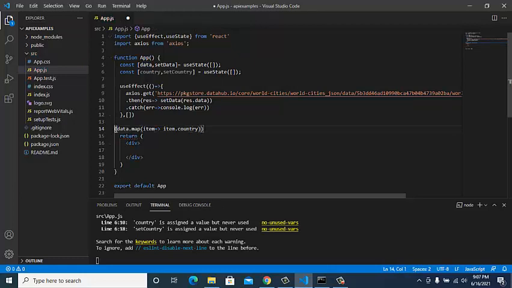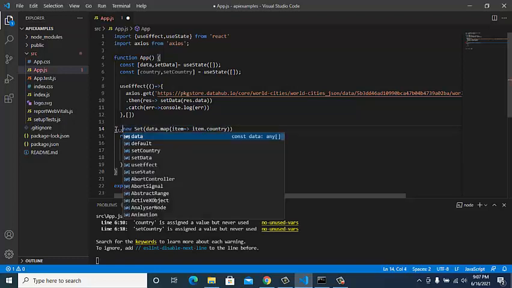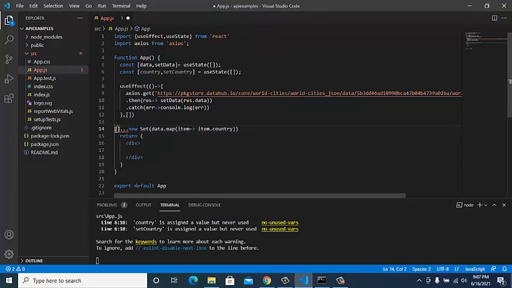So to create the set, I'll write new Set. It will give me the unique data, whatever data is coming from the country. And for copying this into an array, I'll create a copy of it and save it into an array.